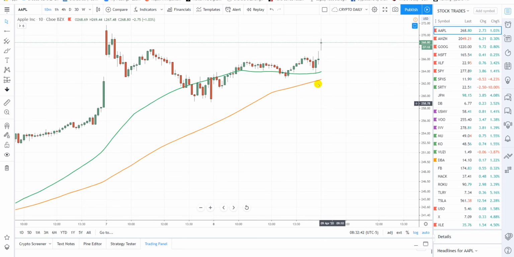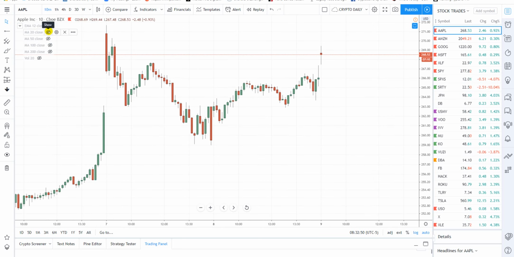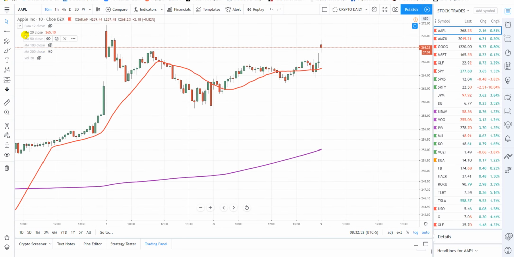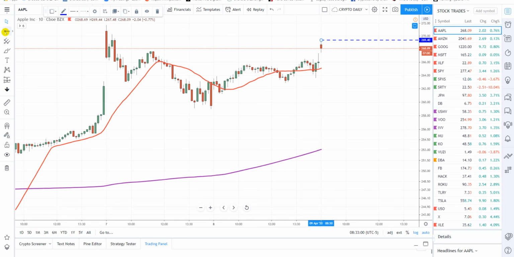We're looking at the 10-minute chart of Apple. Each candle here, as you see, is 10 minutes of price action. Let me get our correct moving averages on here. I was working with something else earlier. Okay, and then what we're going to do, we're going to put our little trend lines at the so far